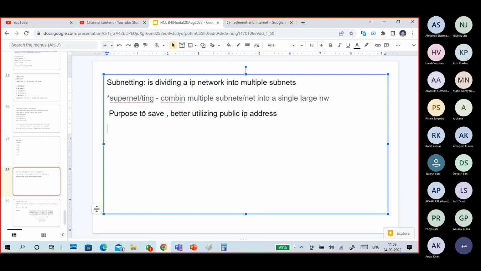I will come back to what public IP addresses are after the break. But the purpose is to save and better utilize public IP addresses, based on the number of hosts per subnet or the number of subnets required. So there are different ways of configuration. So to achieve